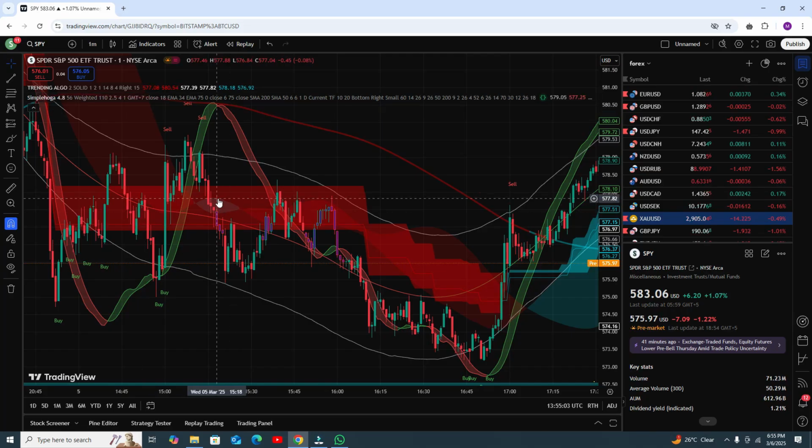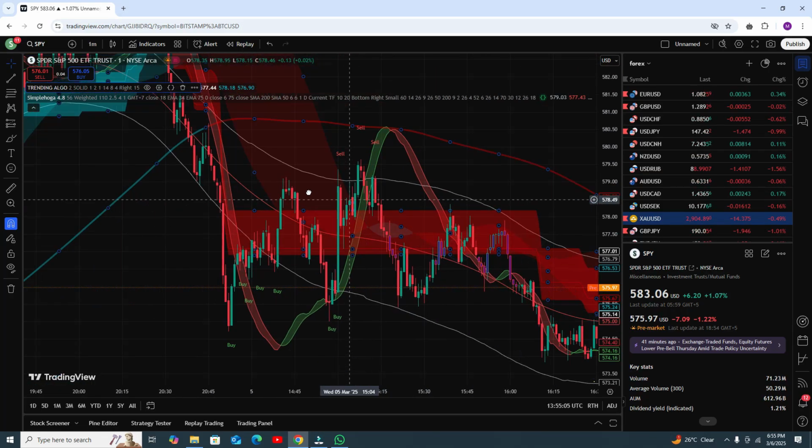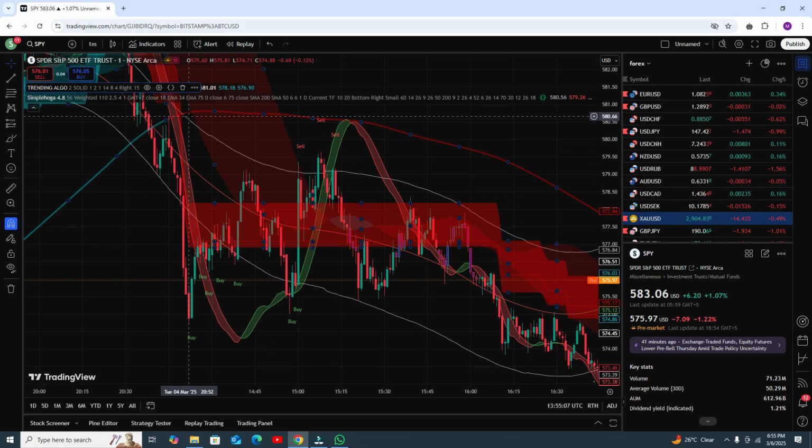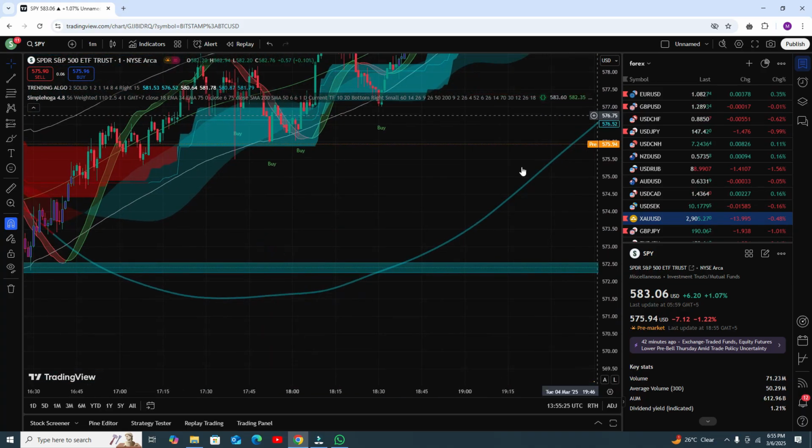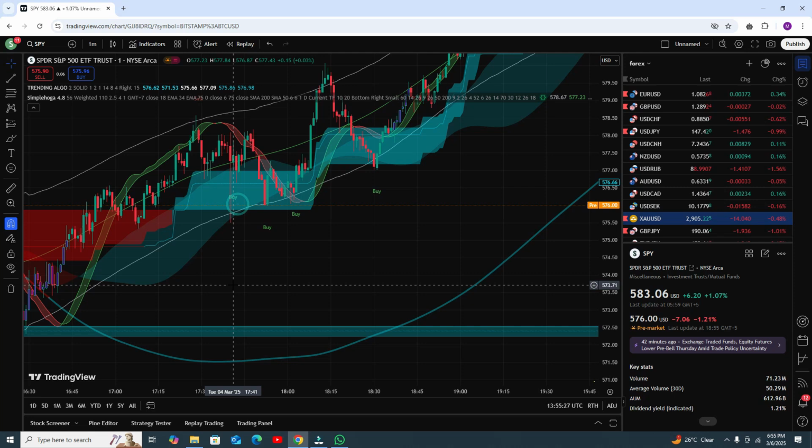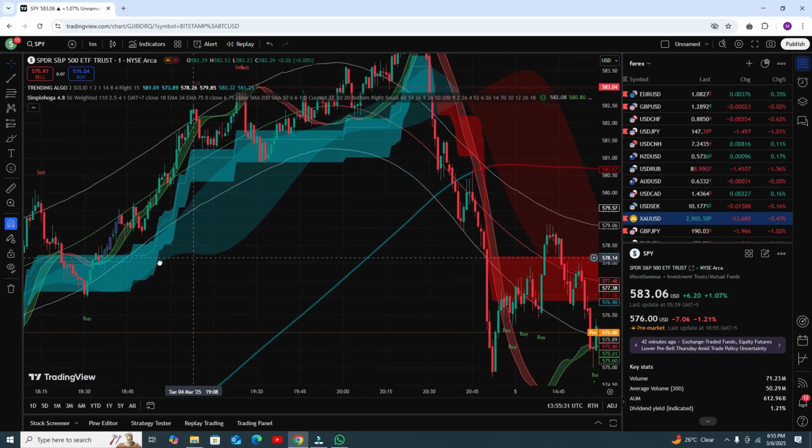Okay, here you can see in the setup you will get five things. The first thing is the trend line. The trend line is actually a red one and a blue one. When the candles are below the trend line, you can see the trend line become red, and when candles come above the trend line, you can see there is a strong buy area, and you can see almost all buy signals are profitable.